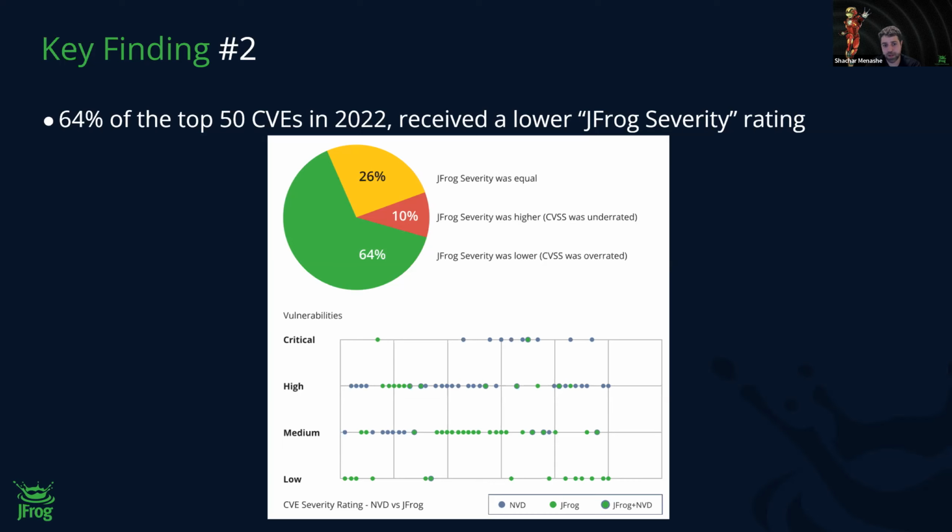That's more than half of the vulnerabilities that were downgraded from either critical severity to high or from high to medium. A lot of times it was actually high to medium. These are mapped here, and all of this data is visible in the report. But the important thing is that this shows it's not a very specific problem. It's across all the CVEs, basically, that the CVSS is getting very overrated.